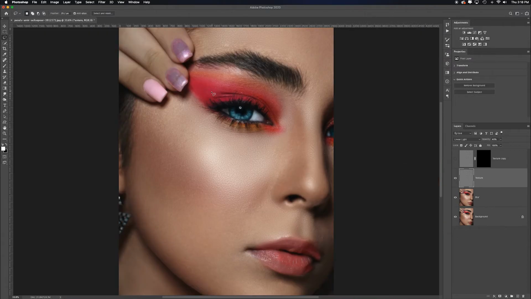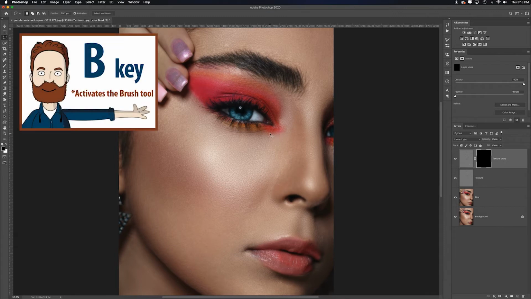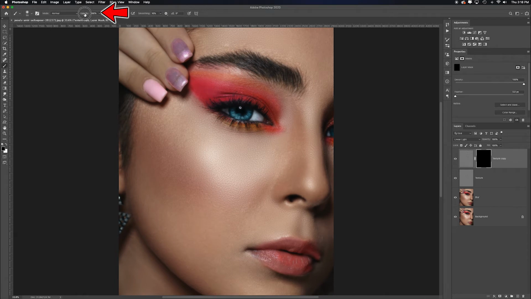But I don't want to lose all the texture here and the eyebrows and the lips and the nostril. I want it still to look like a sharp photograph. So you go back up to the texture copy that we created, tap on that mask, and remember we lowered this opacity by 60%. So that means we're going to type B for the brush. We're going to look up here and hover over the word opacity, and drag our opacity down to 60%